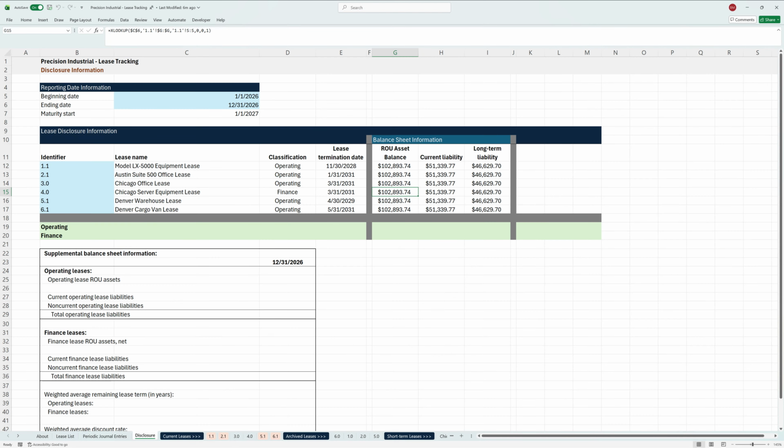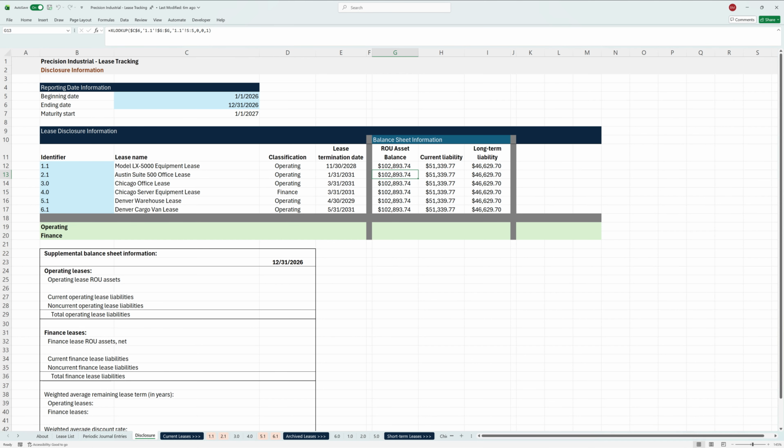So there are a couple ways we could handle this formula problem. Because our lease worksheet names are the same value as the lease identifier, we could use an indirect formula. But in practice, I don't love indirect formulas. They tend to be very fragile, they're difficult to maintain. So instead, what I think we'll do is use a find and replace on each row as we need to